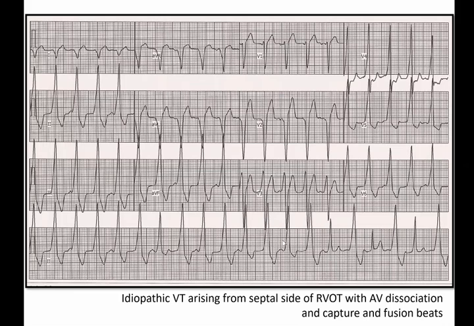Now remember, when we have AV dissociation in the form of capture and fusion beats, or fewer P waves than QRS complexes, this is a hallmark of AV dissociation and tells you that you are dealing with ventricular tachycardia. But absence of AV dissociation does not mean that it cannot be a VT. So that's another important point that one should take home: absence of AV dissociation does not rule out VT. And in fact, 40% of ventricular tachycardias either have some kind of VA association or VA dissociation is not visible on the ECG. So ventricular tachycardia with AV dissociation